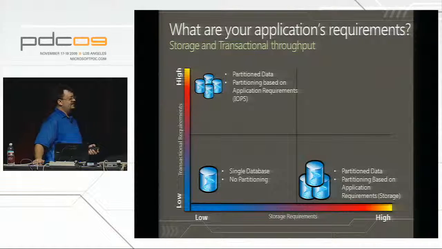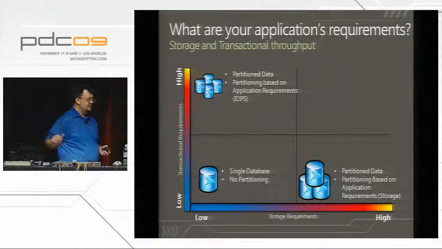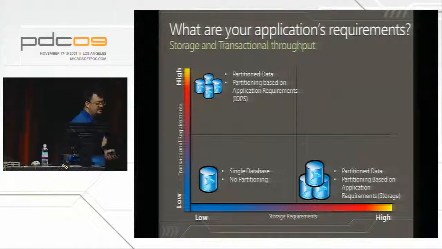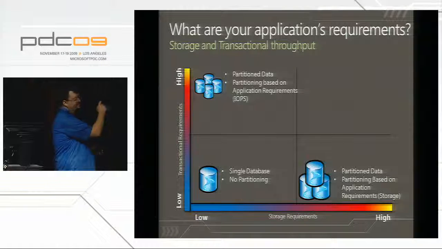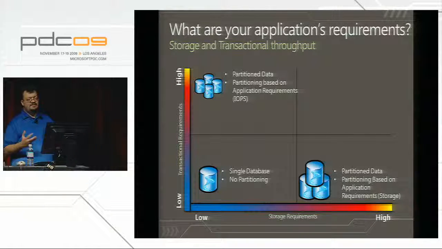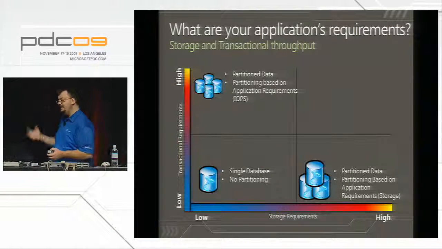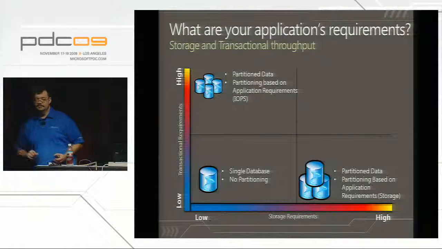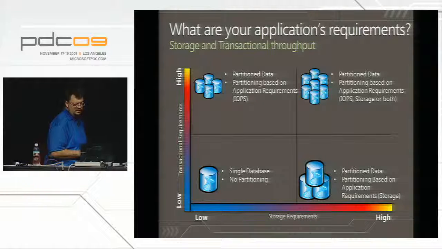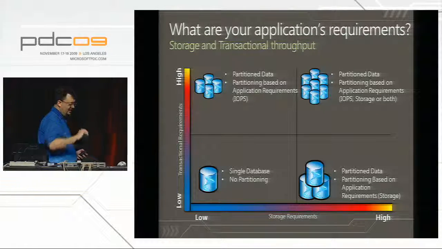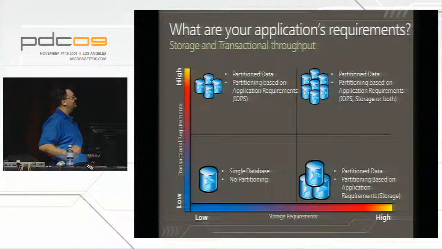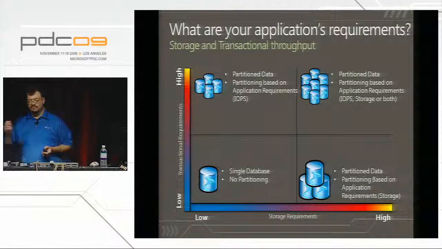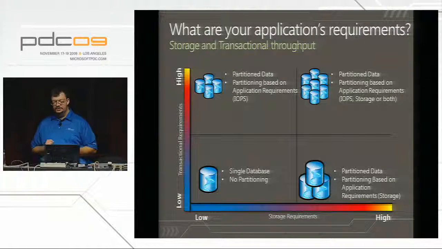Then we have applications that live in the upper left-hand quadrant that have low storage requirements but high transactional requirements. Ticket Direct sits up there in that upper left-hand corner, where they don't need to store a lot of data. They just need massive amounts of CPU and massive amounts of I/O to be able to service their workloads. And then on the right-hand side, we have just craziness going on. We have high transactional requirements and high storage requirements, where these are mega-scale applications.